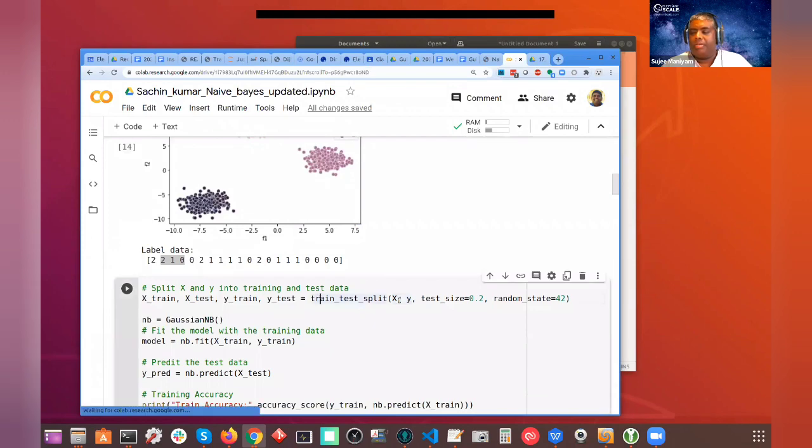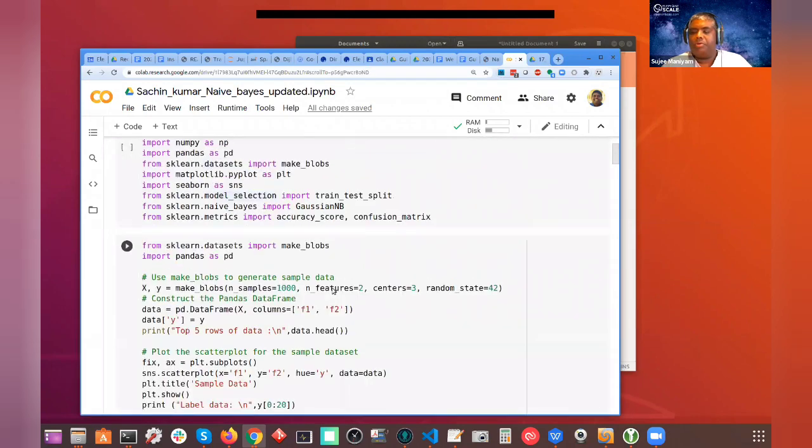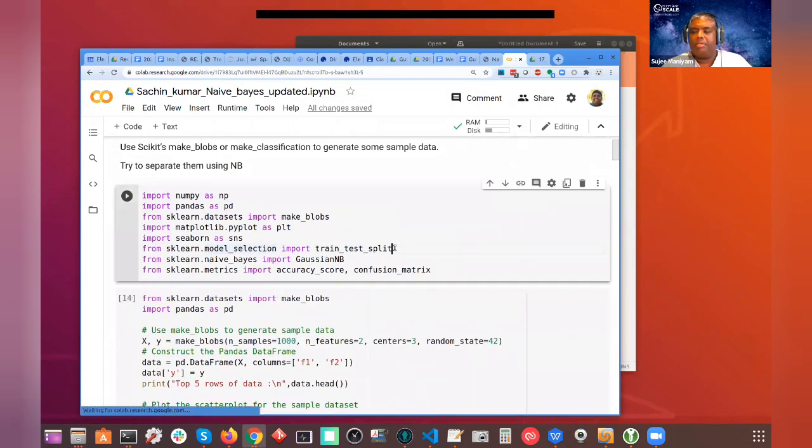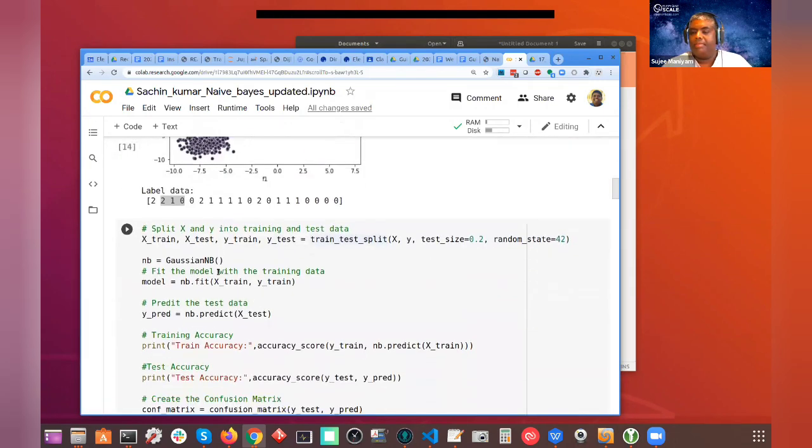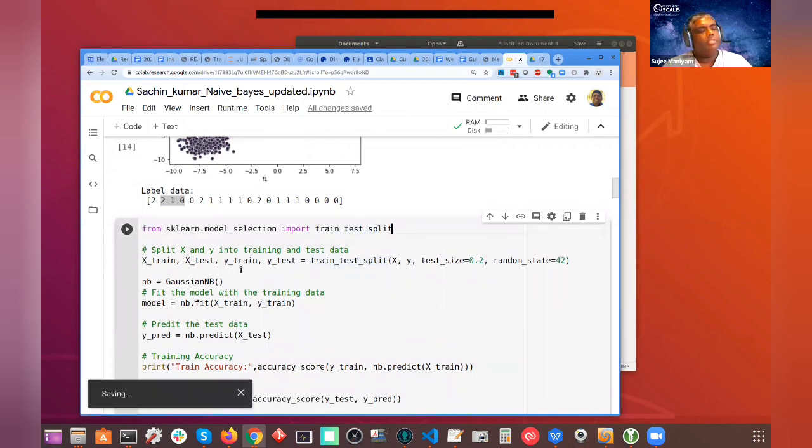And then train test. So again, here's the thing. If I do train test split, rather than going up and asking where the train test is coming in, I would rather have it here. That's it. Again, like I said, this is a personal preference. So there's no fault with Sachin's code.